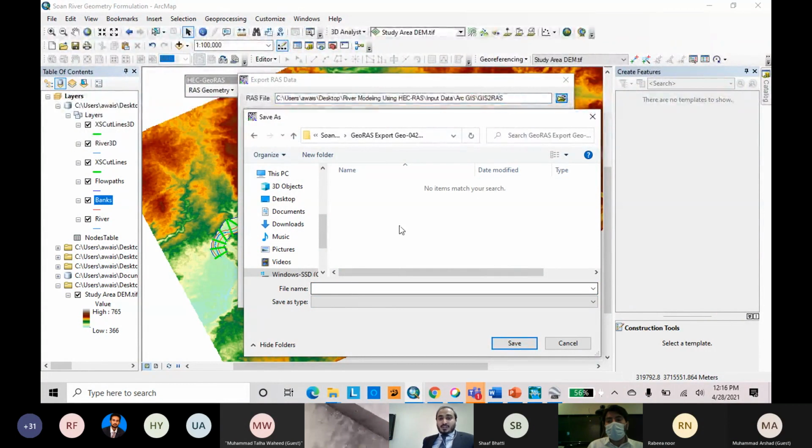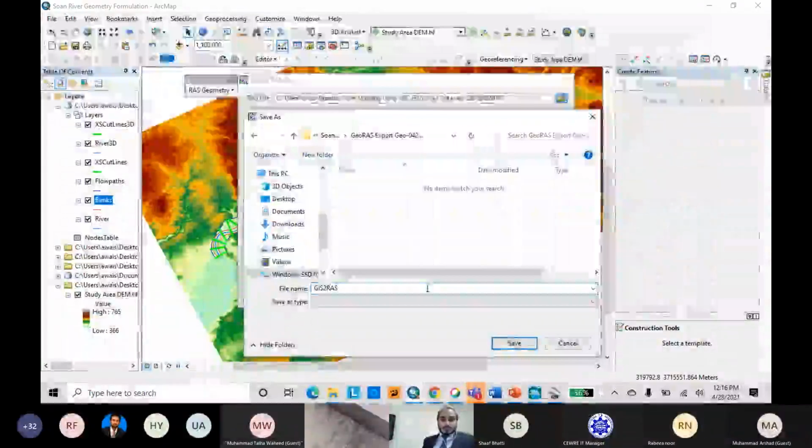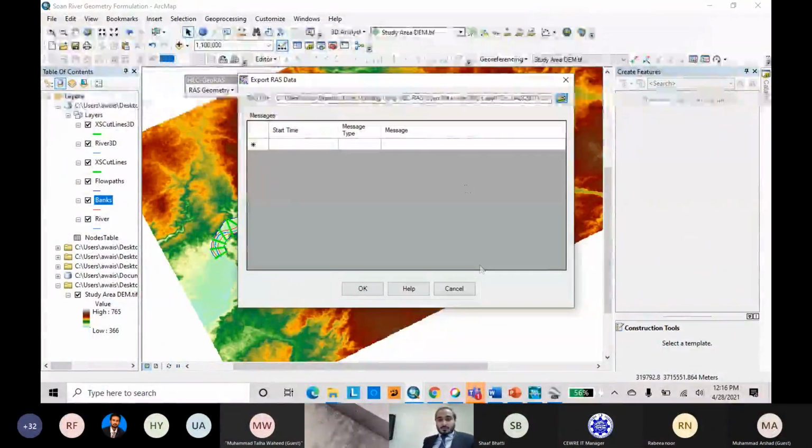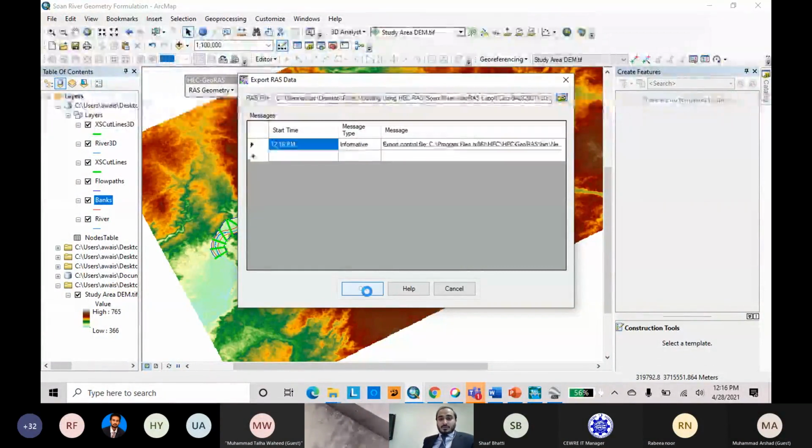Okay, we have to specify the file name. We will specify the file name as written in the upper bar where my cursor is pointing, GIS2RAS. Okay, now we have set the path. We will just click OK.